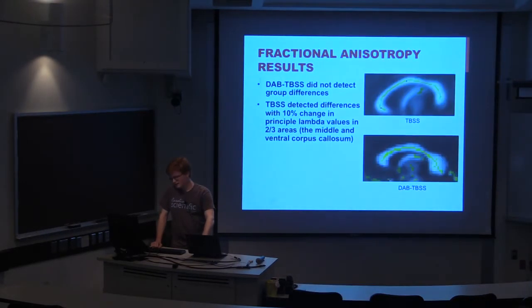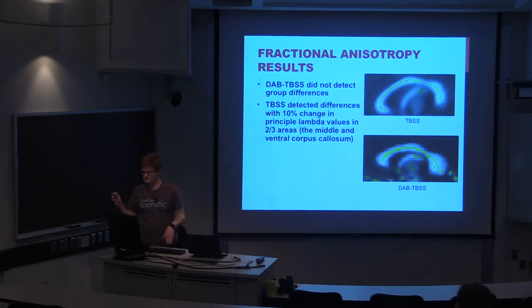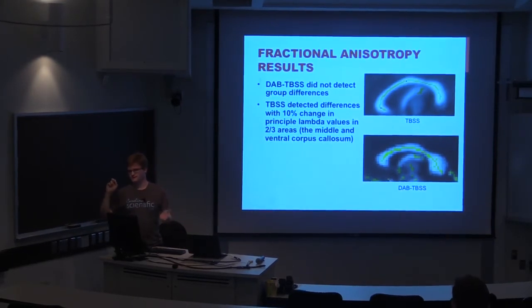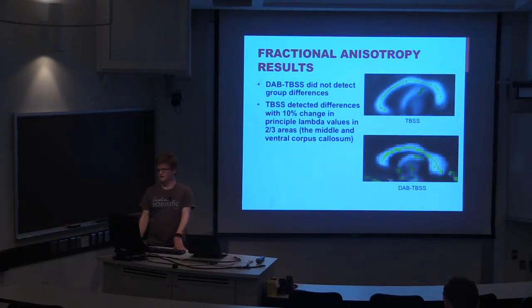So the reason I would guess that, first off with regards to the finer differences, I think it would be able to detect finer differences if you threw in more subjects and it said, okay, I can determine based on the fact that I can see these differences on average in 30 subjects that these differences are present. I think the reason that TBSS in this case with fractional anisotropy was able to do it was because it's